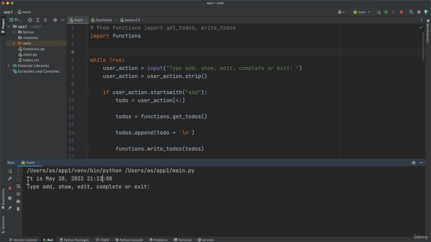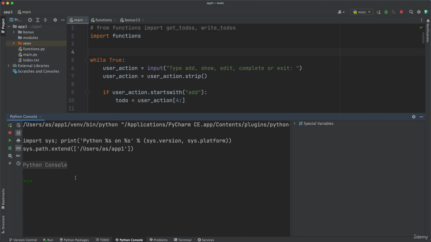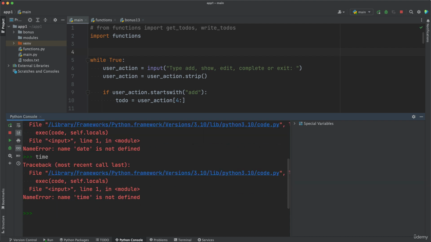So how can you find out the current time with Python? Let's find it out. So I'll open a Python console. Can you guess how we can do that? Maybe a date function? No. Maybe a time function? No. So there is actually no function available